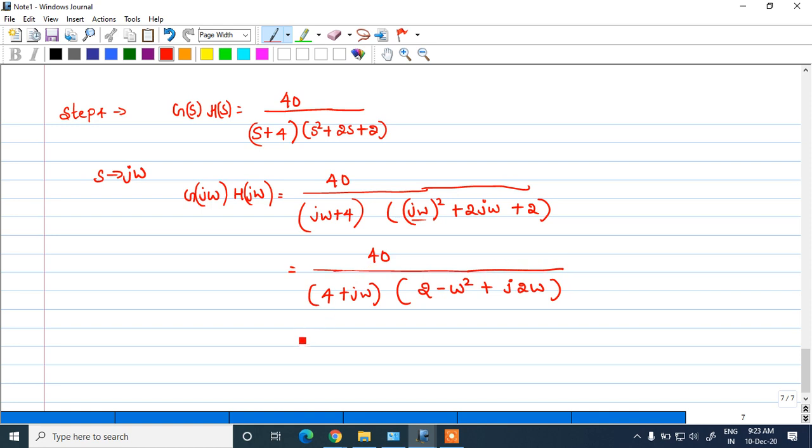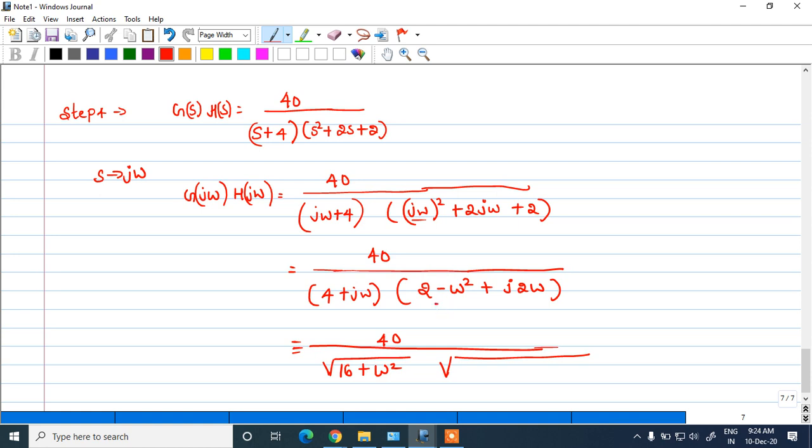Now let us identify the magnitude. The numerator magnitude will be 40, and here the magnitude will be root of 4 square, that is 16, plus omega square, and here root of